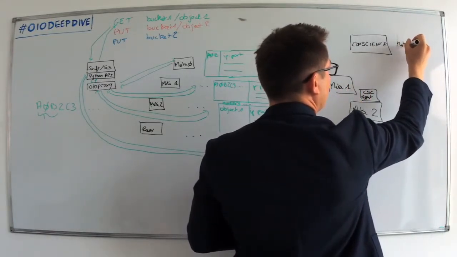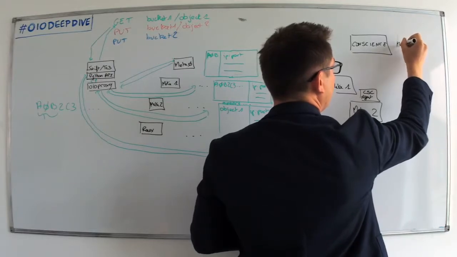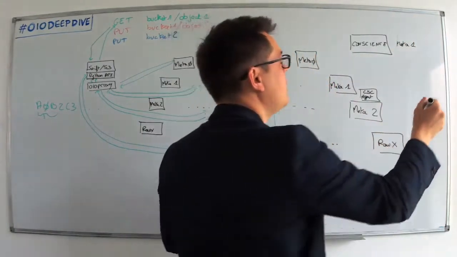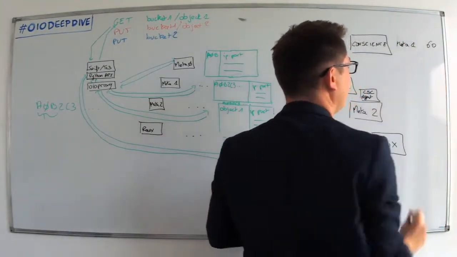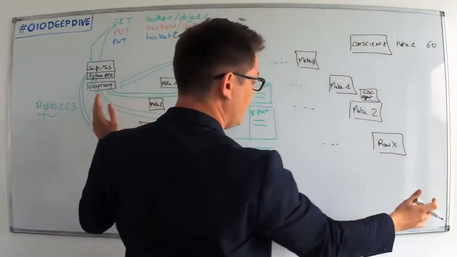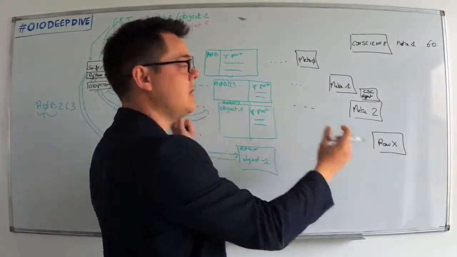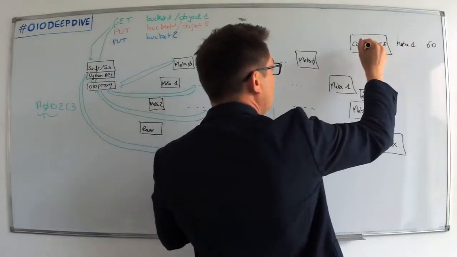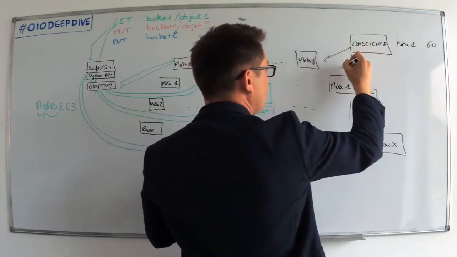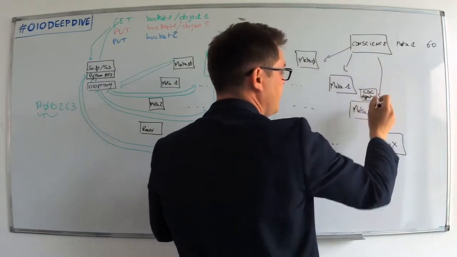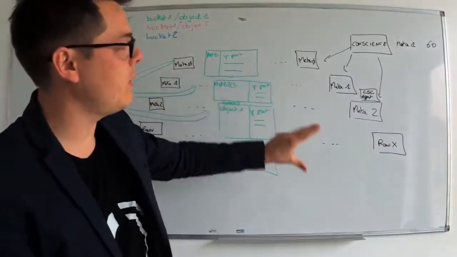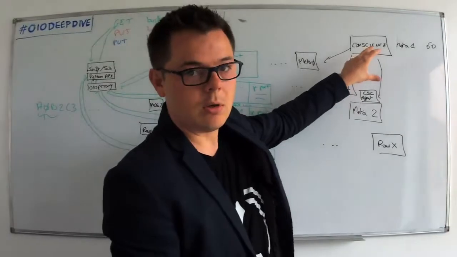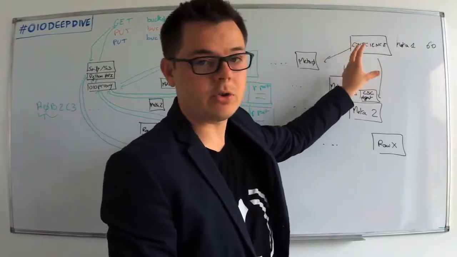You will have a kind of picture of the platform. This Meta 1 has a score of 60, for example. So the conscience will collect all the information from all the services and all the nodes of the platform, compute this score, and then give this score back to all the services of the platform. So all the services in the platform will have a view from the conscience.